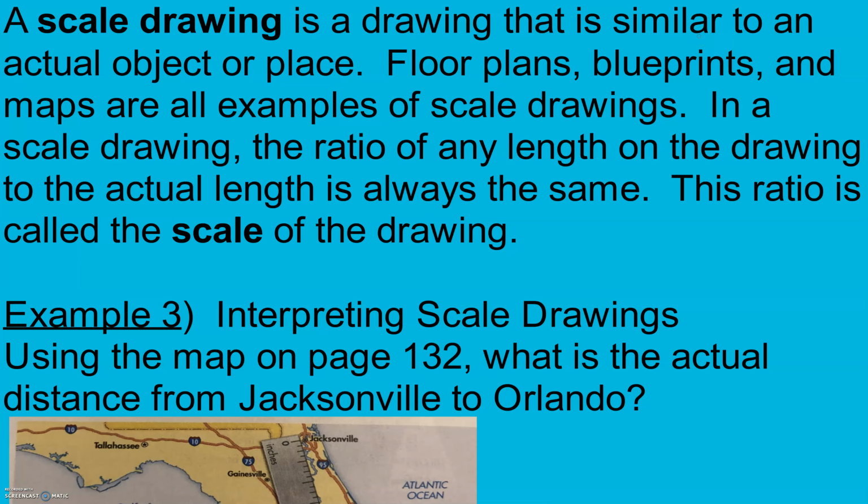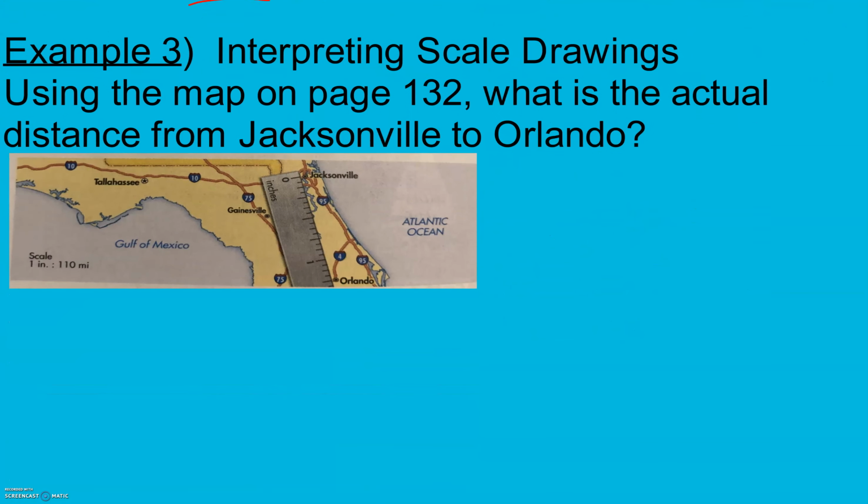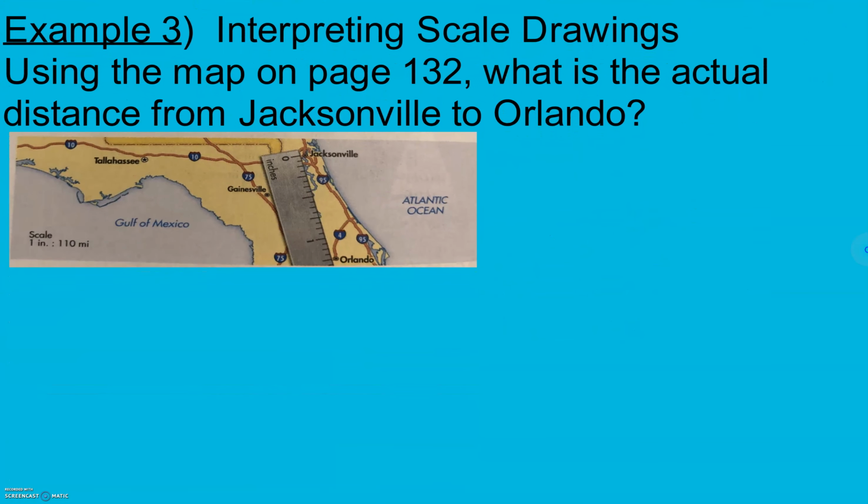A scale drawing is a drawing that is similar to an actual object or place. Floor plans, blueprints, and maps are all examples of scale drawings. In a scale drawing, the ratio of any length on the drawing to the actual length is always the same, and that ratio is called the scale of the drawing. So in example 3 here, we're going to interpret scale drawings. Using the map on page 132, which I have a picture of here, what is the actual distance from Jacksonville to Orlando? So here, I have our scale